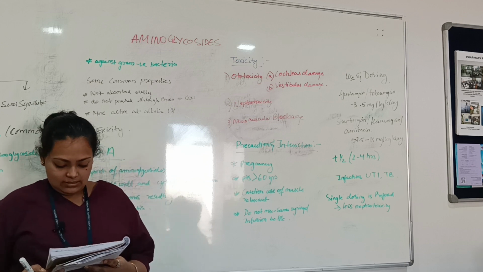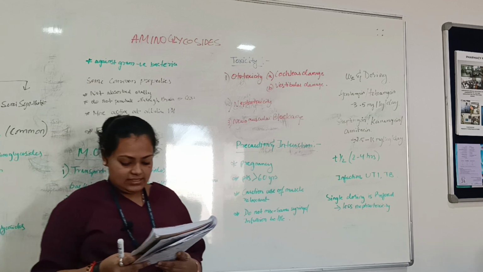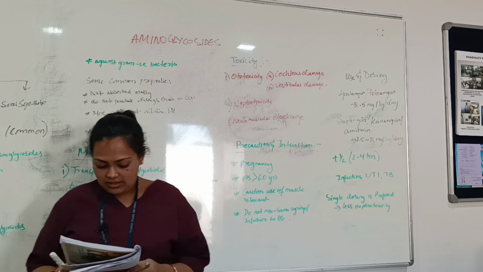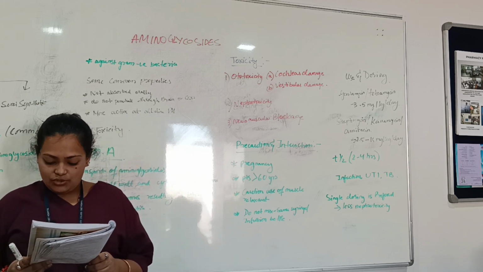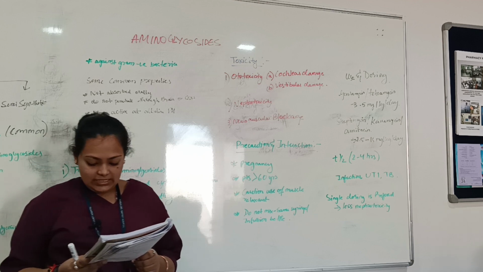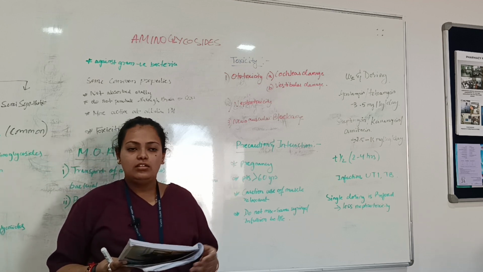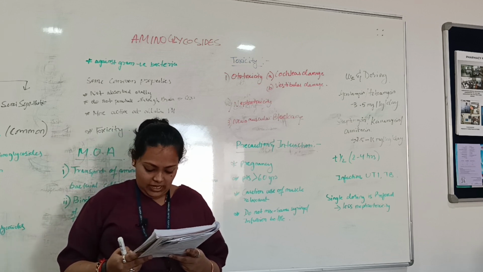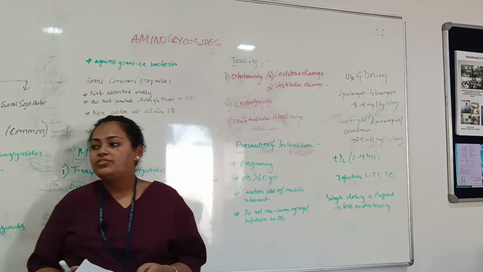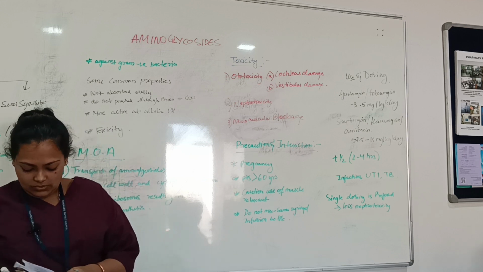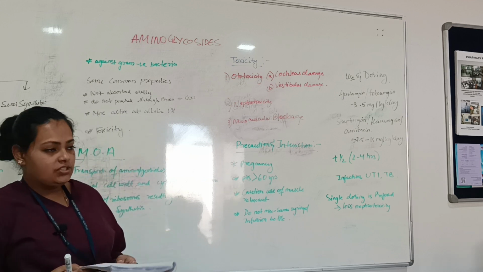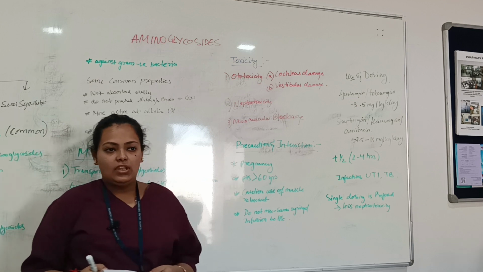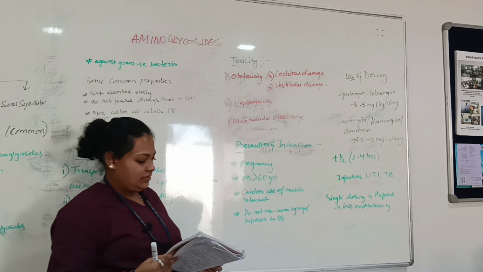Then is your kanamycin, the second systemically used aminoglycoside after streptomycin. Because of toxicity and narrow spectrum of activity, it has been largely replaced by other aminoglycosides. It is occasionally used as second-line treatment for resistant TB. There the dose is 0.5 g, given through IM twice daily, and the dose is 15 mg per kg per day.